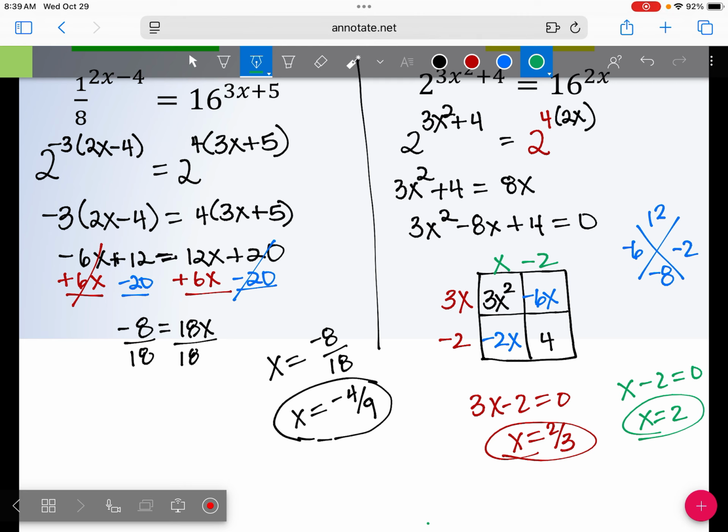We can't use 4, so we gotta go lower than 4. So what's another base we can use? 2. So then 2 to the 1 power, well, 2 to the 1 power gives you 8. Right, but because it's a fraction,